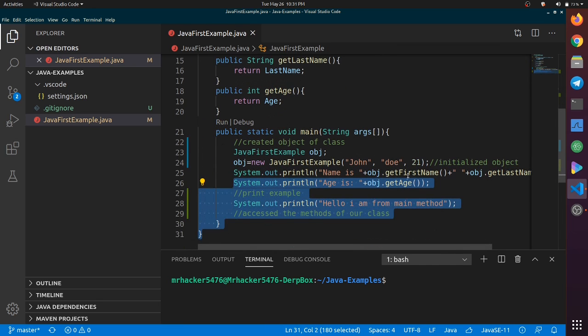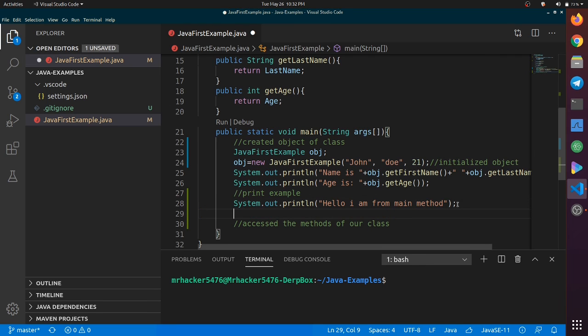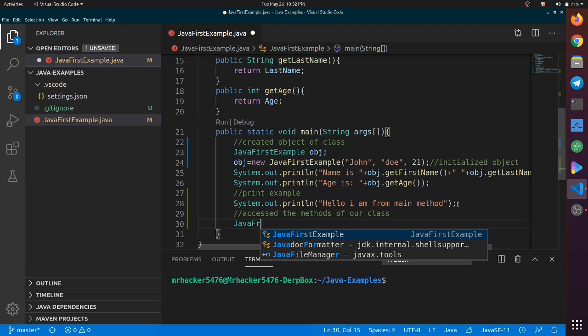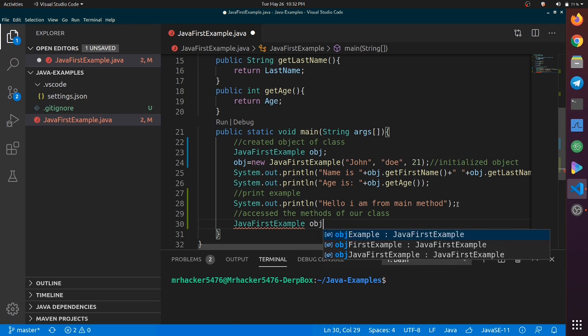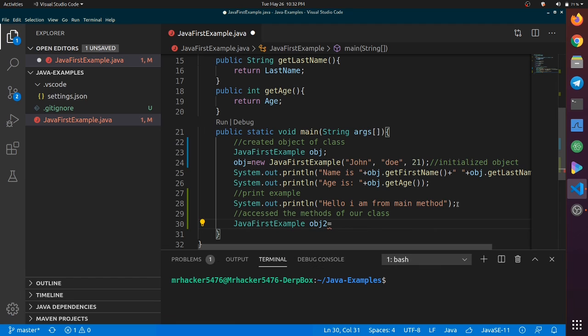So now let's quickly define some new variable. What we are going to do is define another object. So let's define our object, Java first example, and we will name it obj2 equals new Java first example, and now we will pass some parameters.